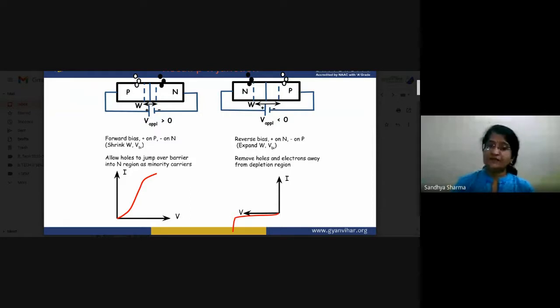When P and N type materials are combined, due to movement of holes and electrons, a depletion layer is formed, and the width of the depletion layer works as a barrier for further movement of holes and electrons. When we forward bias this PN junction, this depletion layer width is reduced, and due to this reduction, the holes from the P side start moving, cross the barrier and move to the N region, and thus flow of holes starts in our PN diode. That is the basic reason.